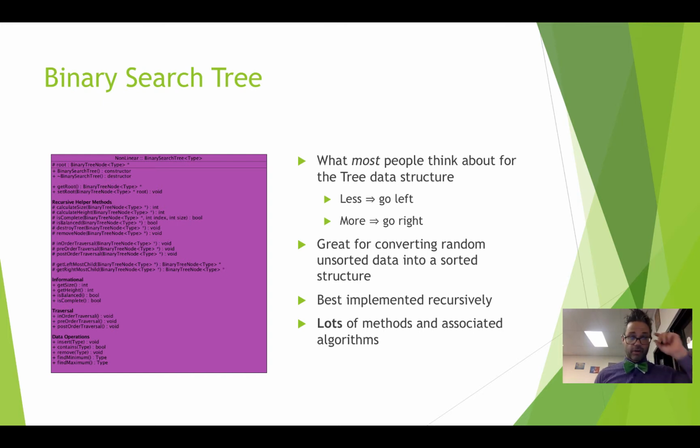We then have our recursive helper methods, and this is where all of the work is going to happen inside our project. Because when we're talking about the tree, we have our abstract class methods that belong to all trees right there, and those are going to call the appropriate thing for the right stuff, because again, they have no parameters. But then we go into the actual work where it happens, and that's going to happen inside these helper methods. Because again, although we could create a tree using a non-recursive structure,